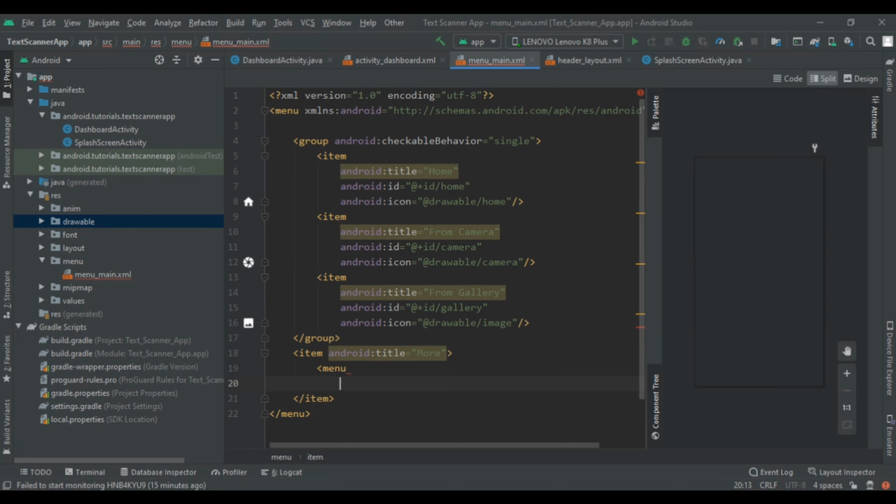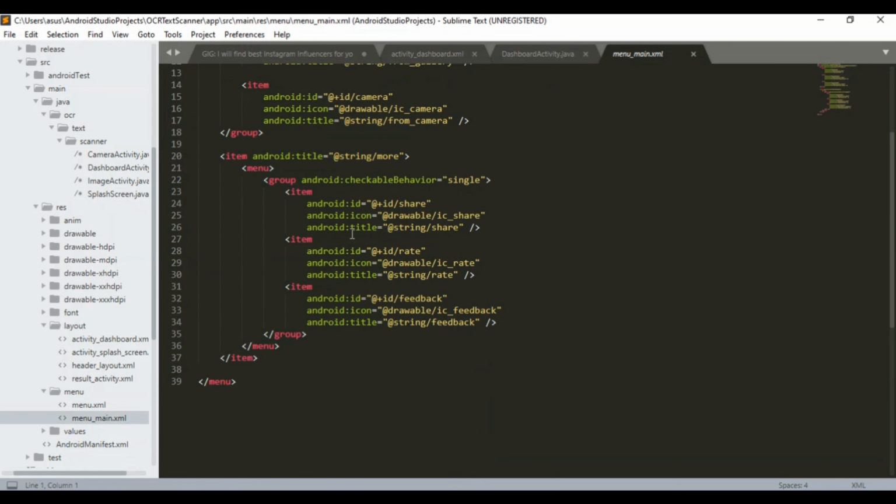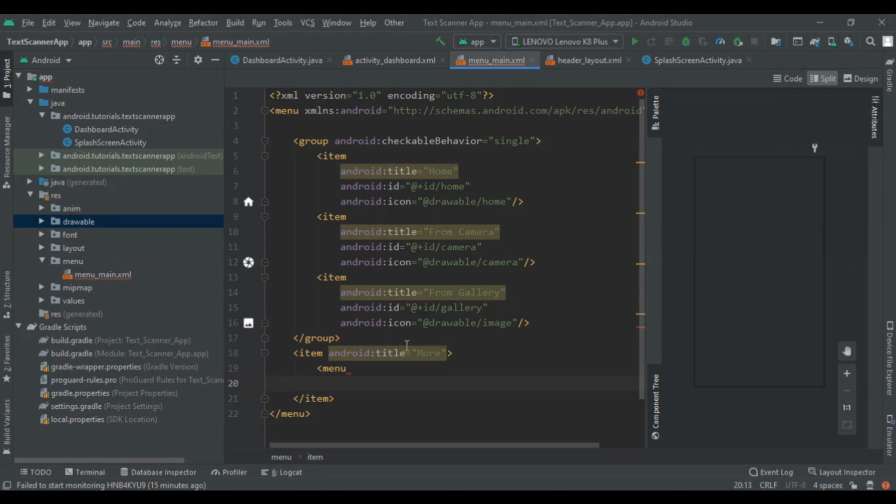Okay, so we get some error here, so let me check in my rough. So you can see that this type of stuff here I am copying that code and implementing in this.